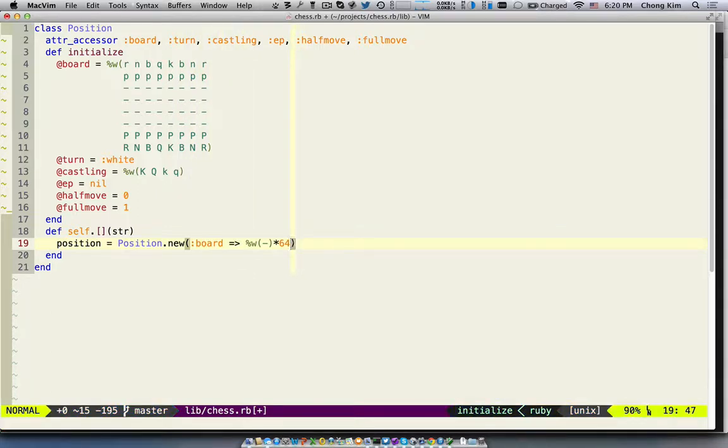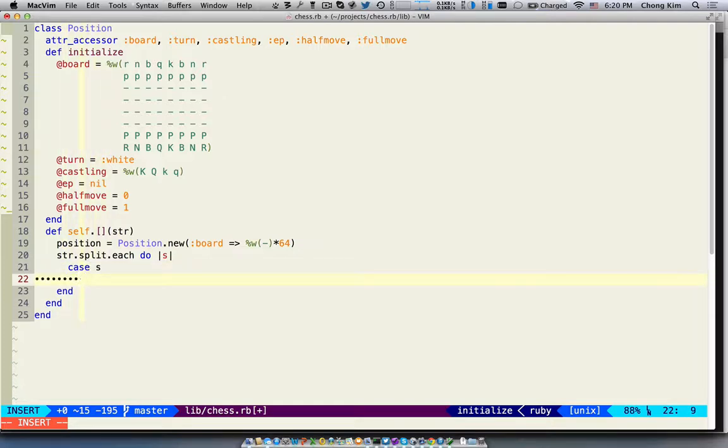Okay, so we're going to create a new board that's like this, and then now we'll just go through the string. So string, we split it up into words and go through each one. And actually it's case. Case, when we see what looks like a piece, so rook, knight, bishop, queen, king,